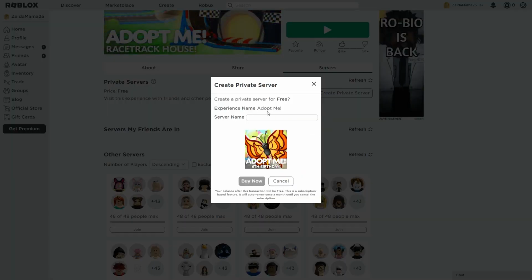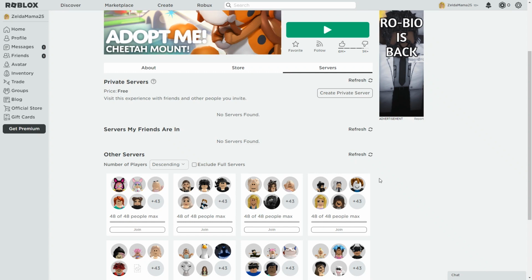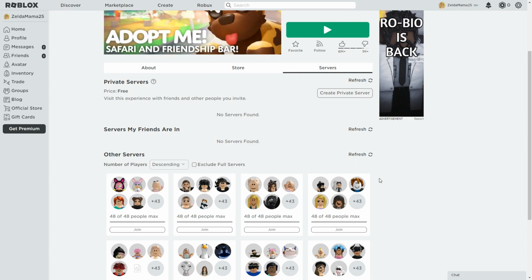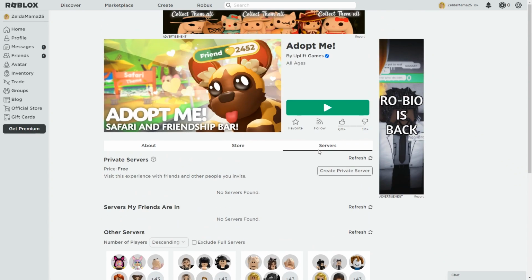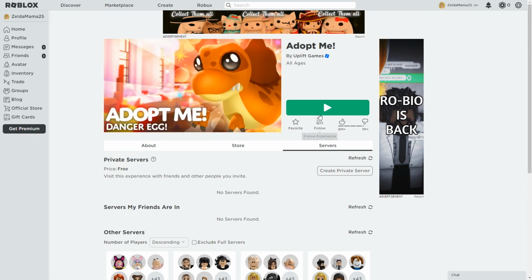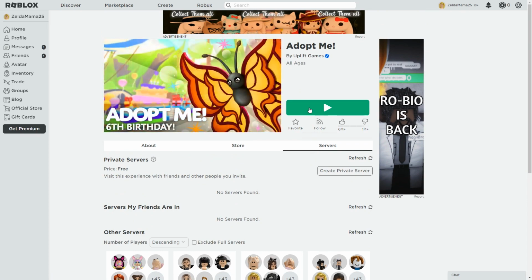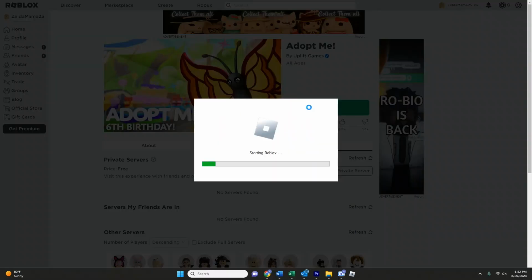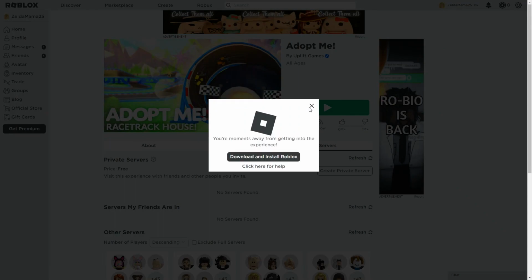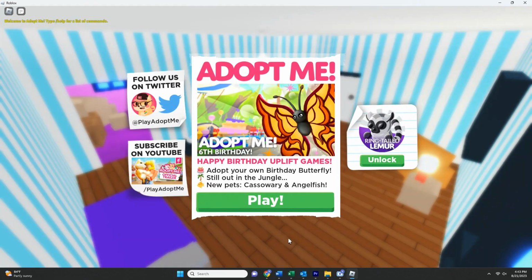A private server is a safer way for your kids to play online. But it can also be boring since the whole point of Roblox is to play with other people. But if you have a group of kids that are all friends that want to play together, this can be a good option. So to launch the game and just join whatever server is available, we can click here. It's going to install or open the Roblox player, which is required to actually play the games.